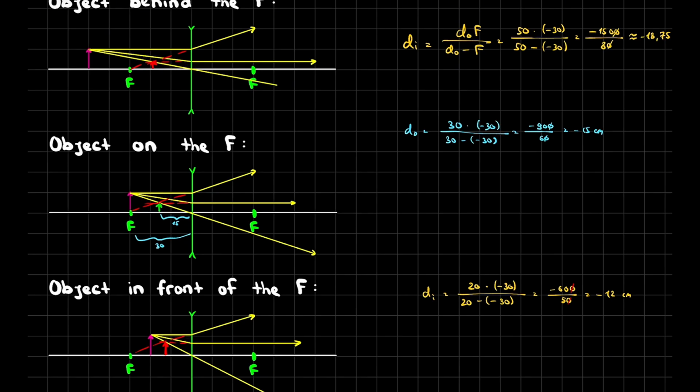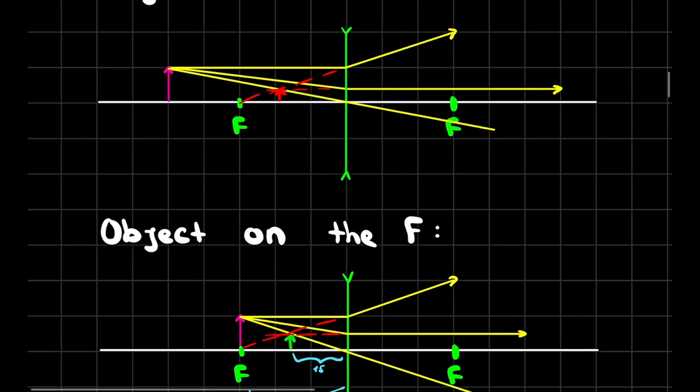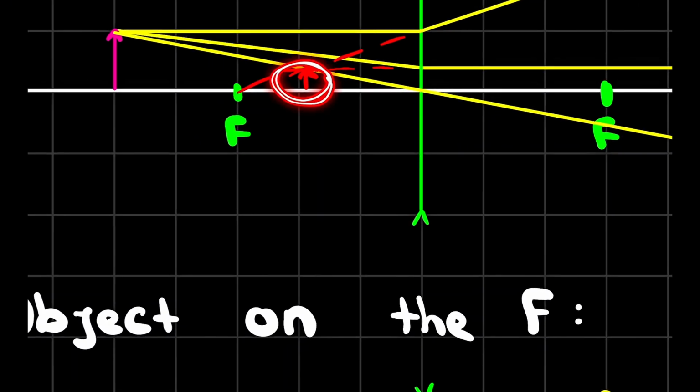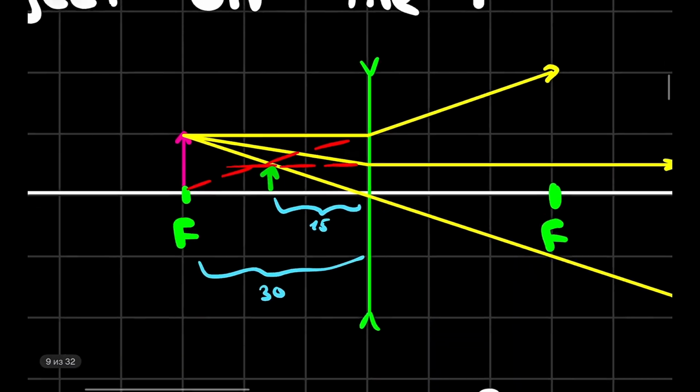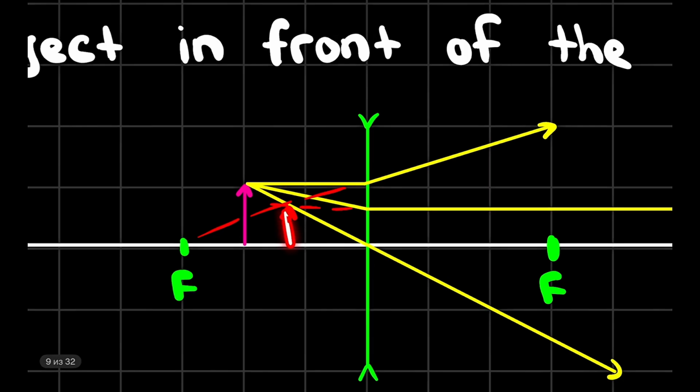But there is one very important thing. If you look at these situations, let's concentrate on them. The first image is demagnified. As you can see, it's smaller than the actual object. This is created by non-real lines, and also it's upright. Yeah, it's not inverted like this. Okay, the second one, it's also demagnified. It's smaller than the actual object, not real lines, upright. What about this one? Again, smaller than the actual object, not real lines, and